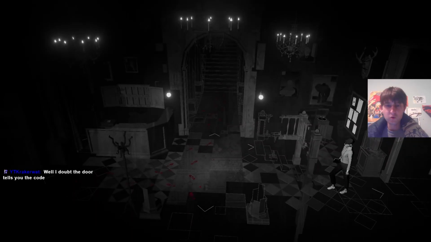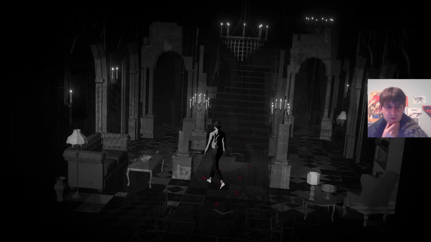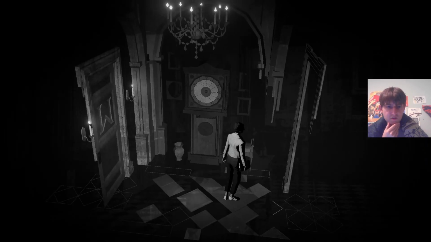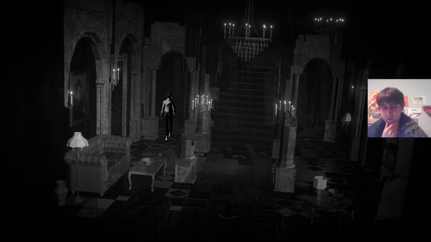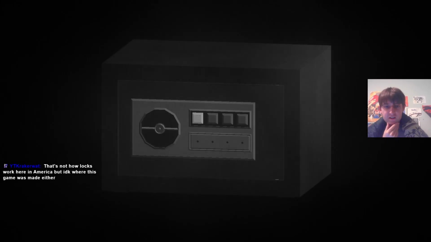Actually, there's one more puzzle you could help me with, Kakawat. Where was it? I think it was... Oh, that one I don't know at all. Here? So we have a safe, right? That's not how locks work here in America, but I don't know what. How do locks work in America? Just in case I do find a number that could work. Because this whole game takes place in America, because I keep finding things that they really specify as American